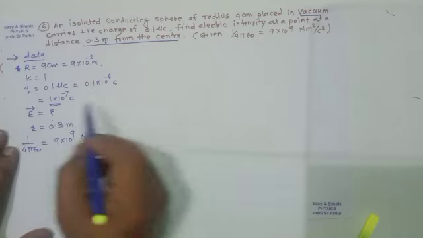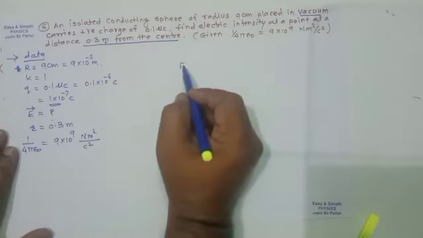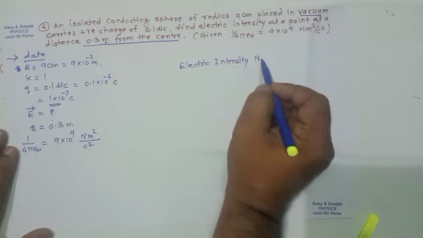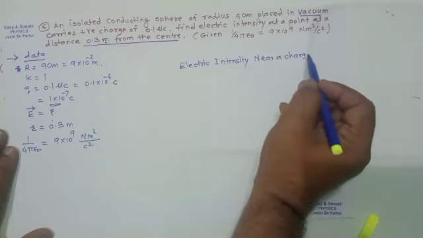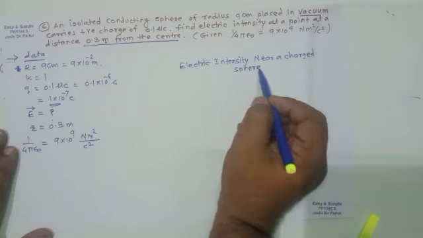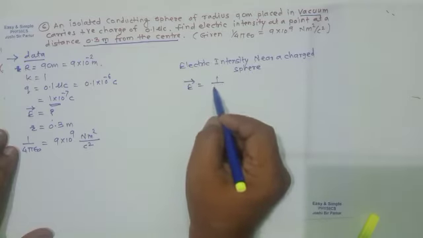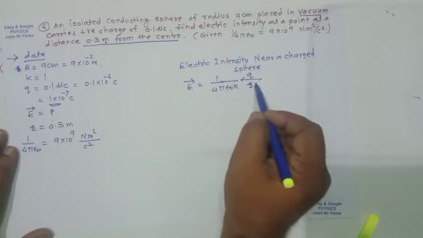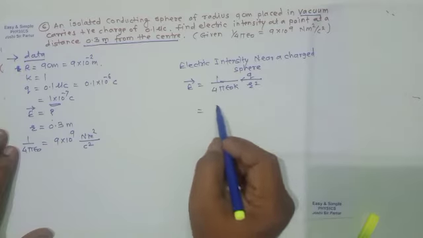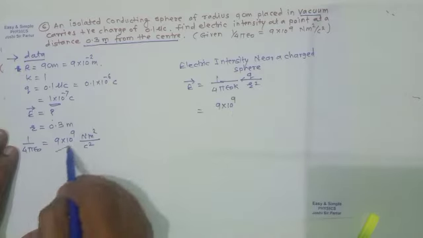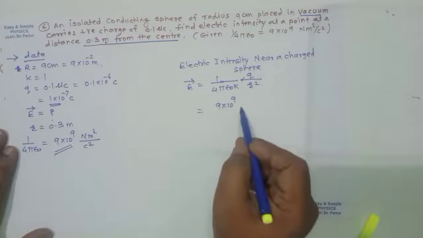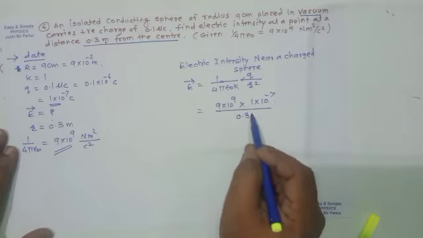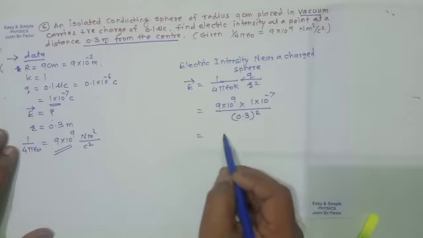So the formula for electric intensity near a charged sphere is 1 upon 4 pi epsilon 0 K Q upon r square. By substituting the values, 9 into 10 raised to 9, where 1 upon 4 pi epsilon 0 is given, multiplied by 1 into 10 raised to minus 7, divided by 0.3 square, will be